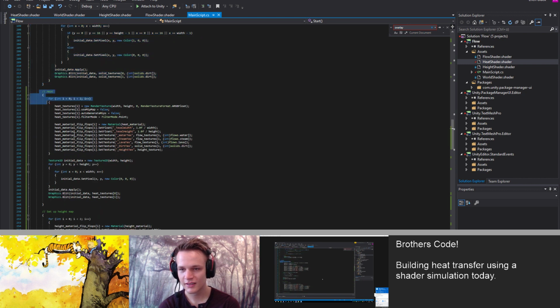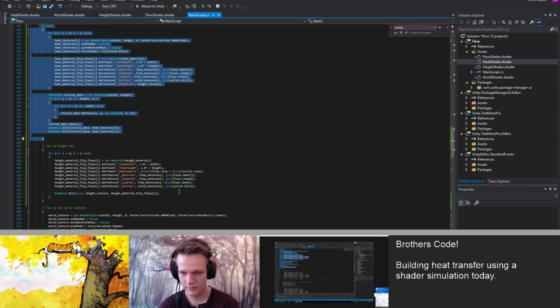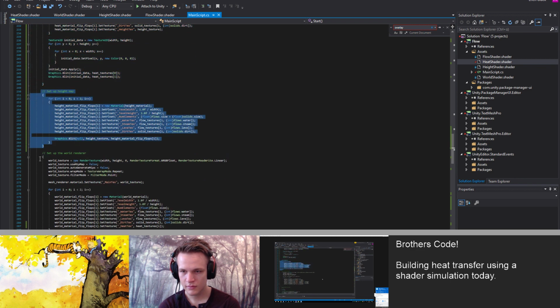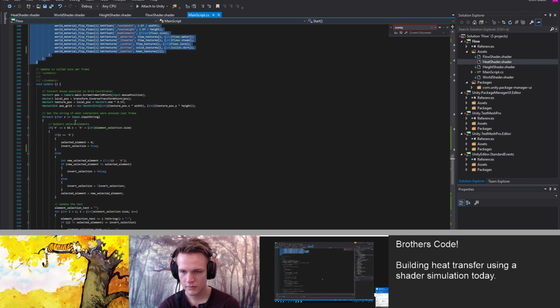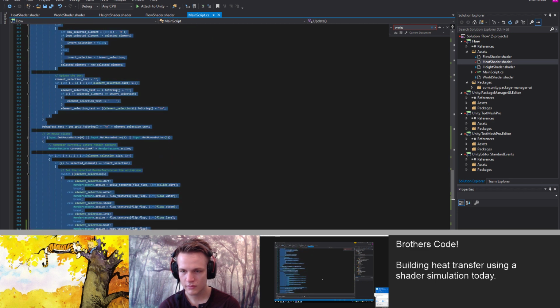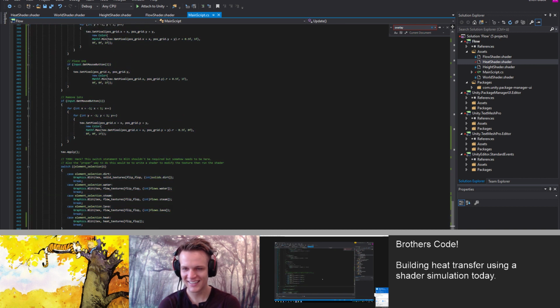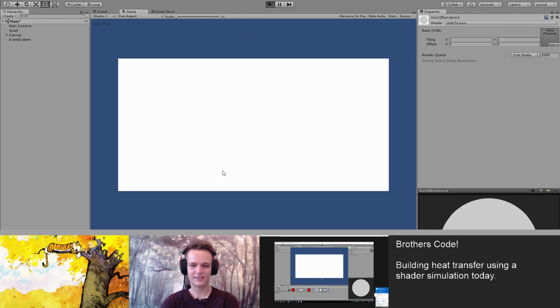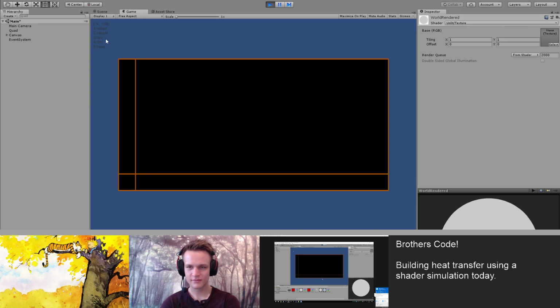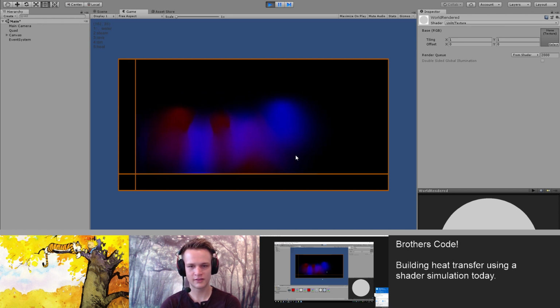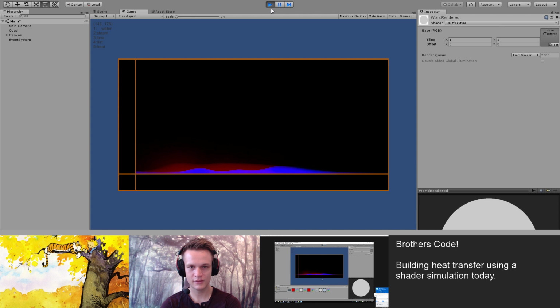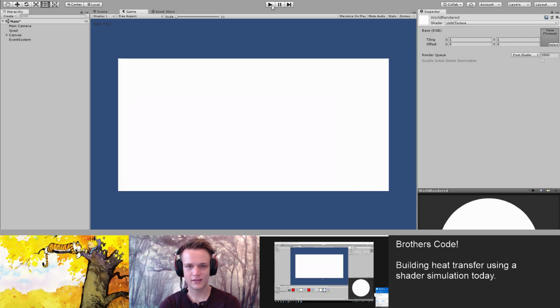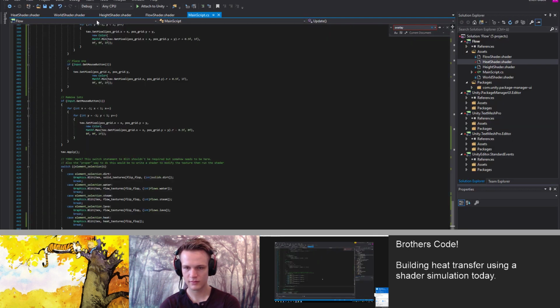I've implemented a little bit of a heat section, which compiles all of the textures from above, and then the height, the world renderer, and the update section, which basically is responsible for when you click a number up here, it changes that number, and when you click, it places the element. That's what the update section does. The rest is done by shaders. Cool. Okay. Looks good. So the heat shader that we currently have is toggled on and off.